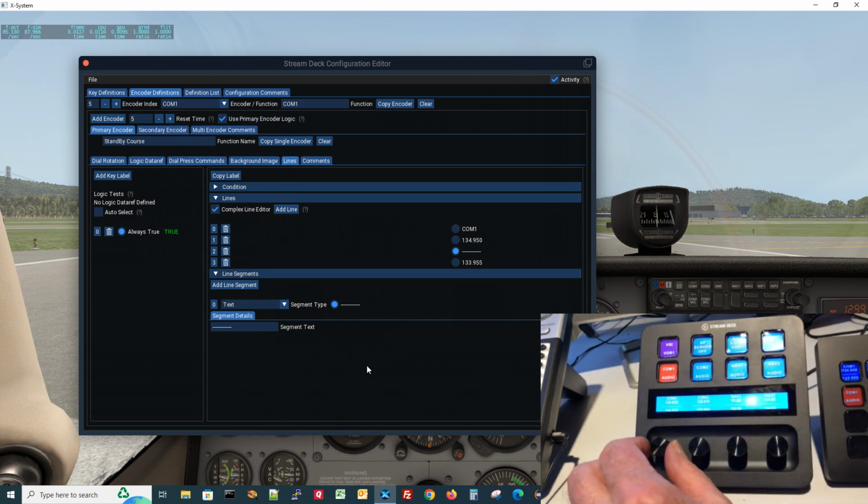And let's go to COM1. And by the way, as long as you've got this activity thing turned on here, if you operate the encoder in any way, it'll automatically select the definition for that. Okay, so COM1